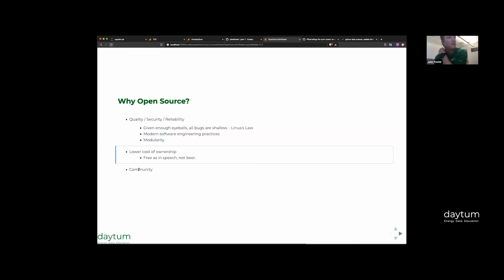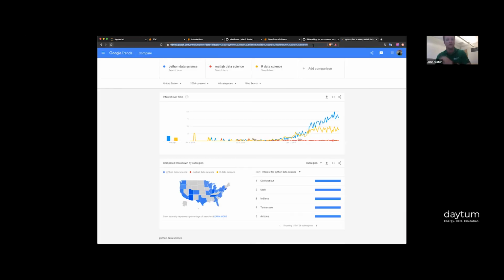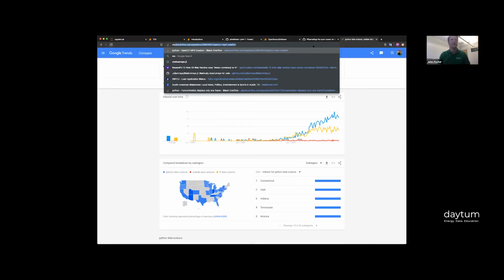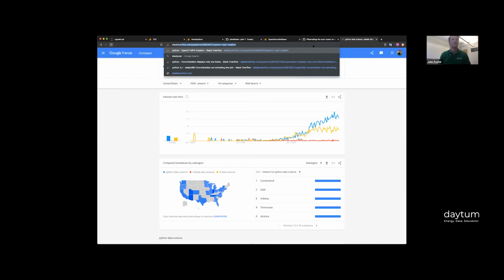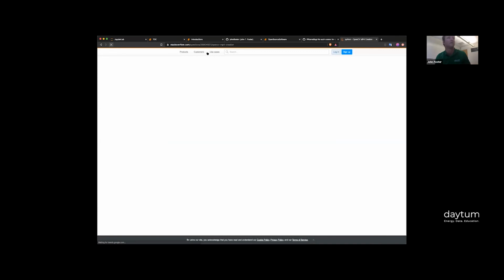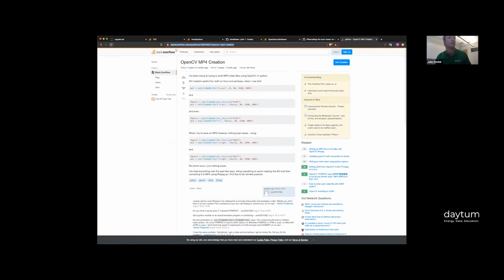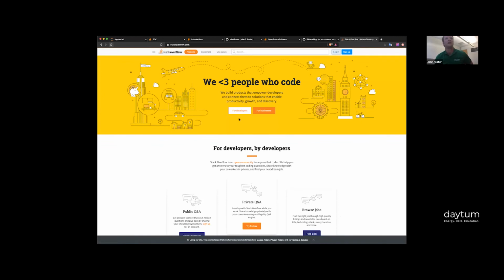So the more users of a language there are, the larger the community. And what that means for us as learners is that there's more help available. So if you go to Stack Overflow, if you don't know what it is, it's a website for asking questions about coding. Usually there's quite a bit more there, but if you go to Stack Overflow and you were to look at the